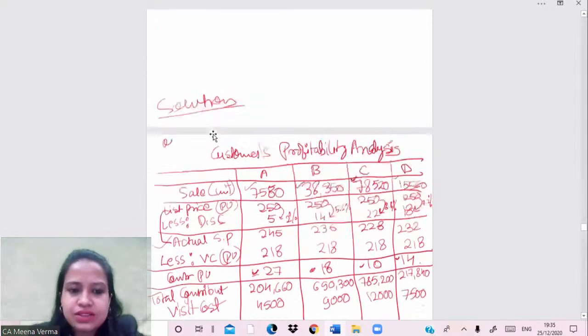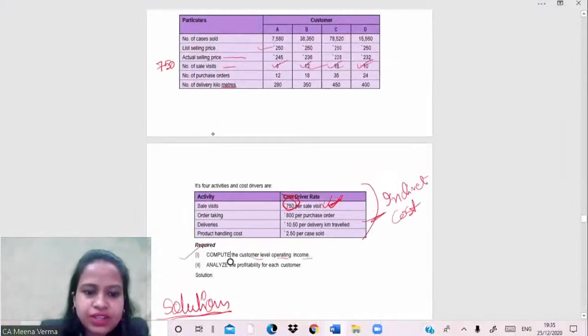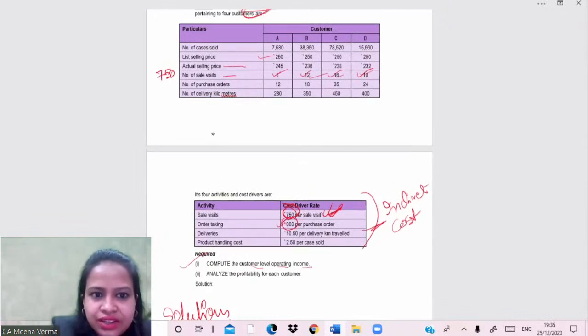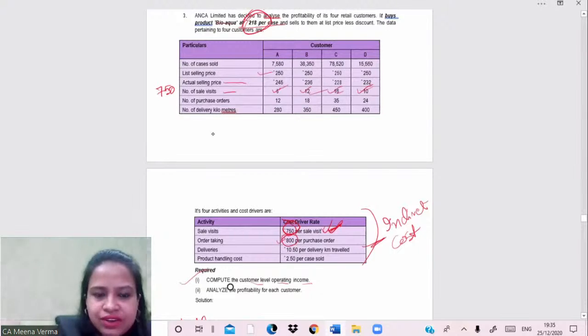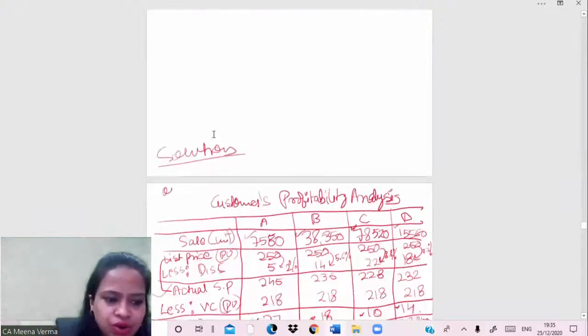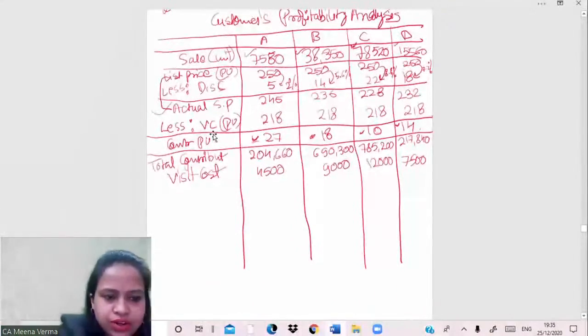Okay, so this is the visit cost. Now the next is order taking cost. Per purchase order the cost is 800, and the number of purchase orders is given here, so multiply 800 with them: 800 into 12, 800 into 18, 800 into 35, 800 into 24. Okay, you will get the cost of order process,